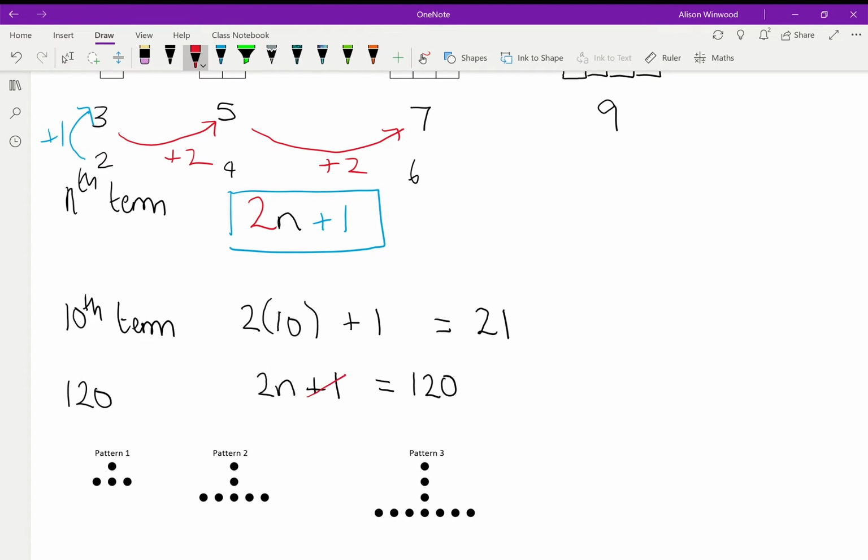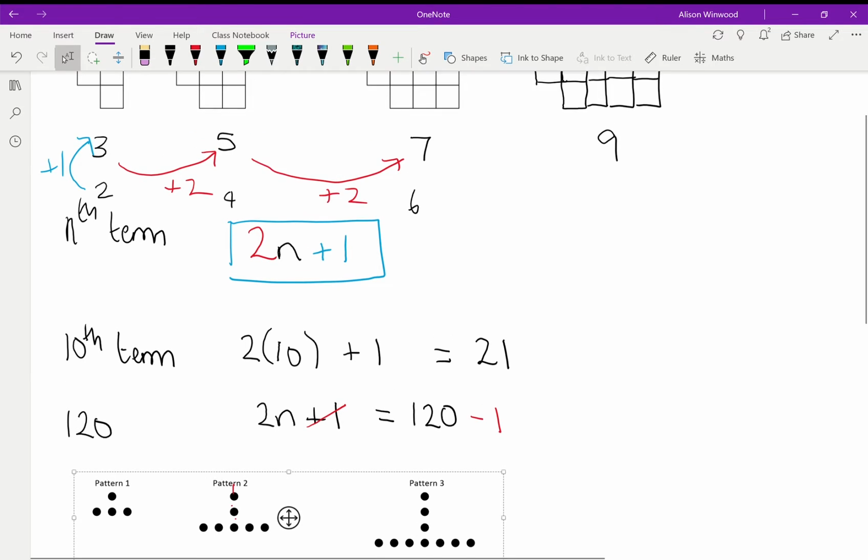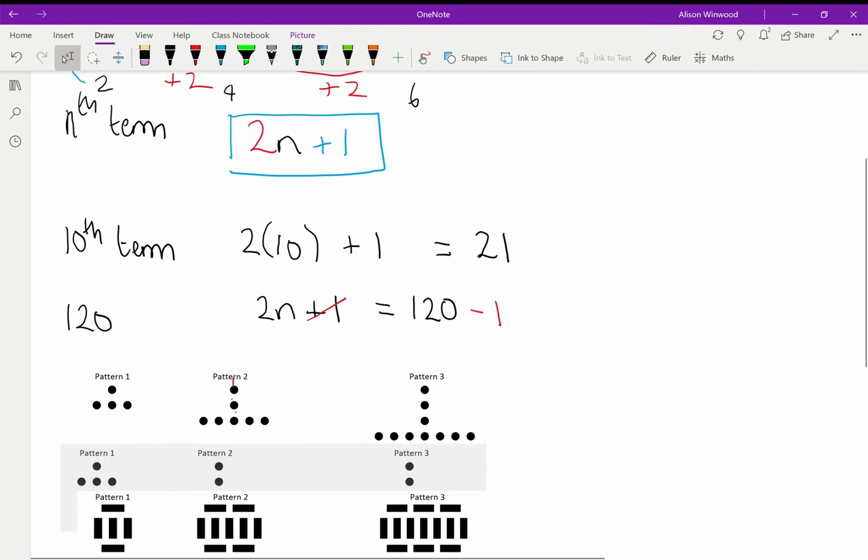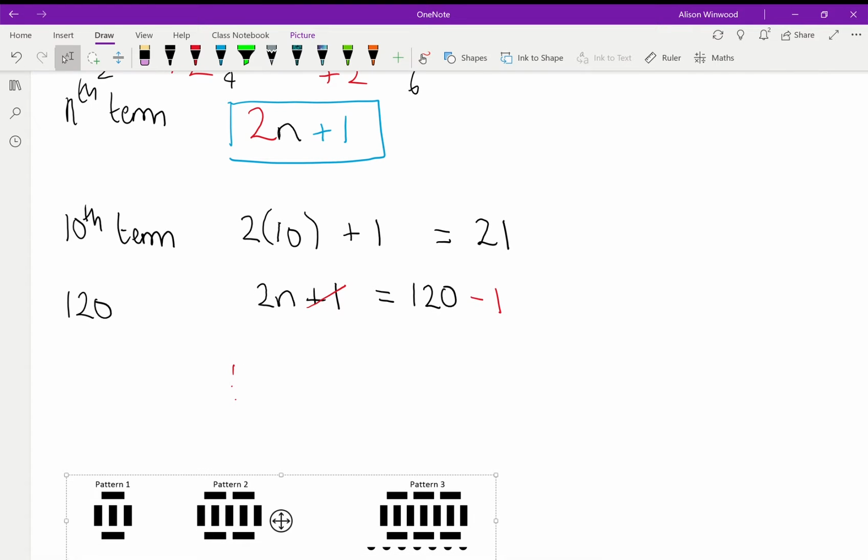Opposite of add 1 is subtract 1. It gives us 2n equals 119. Opposite of multiply by 2 is to divide by 2, which gives us n equals